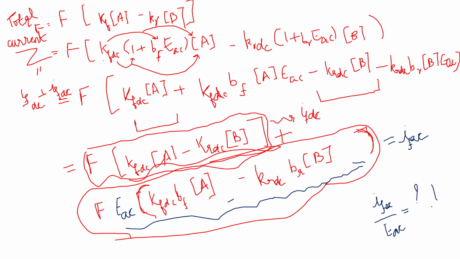So this is nothing but 1 by Z. I'll write that on the next page. So from this I find that, taking the inverse, 1 by Z equal to F into KFDC,